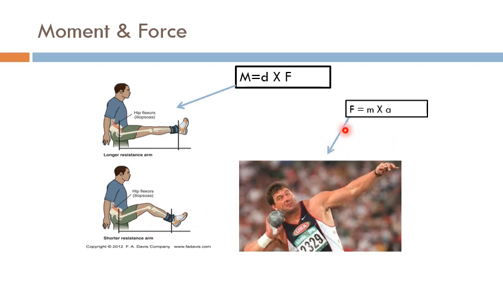Over here, we look at the concept of force. What is force? Force is equal to mass times acceleration. So the force of an object is equal to its mass times the rate at which it's accelerating. And this is an important thing when you're looking at athletic performance variables for individuals. For instance, you could measure how much force is going on, and there's a great amount of force. If this shot putter were holding a wiffle ball, he would not be able to apply as